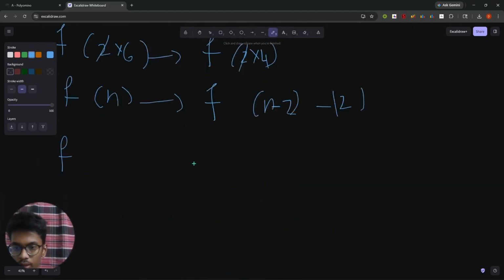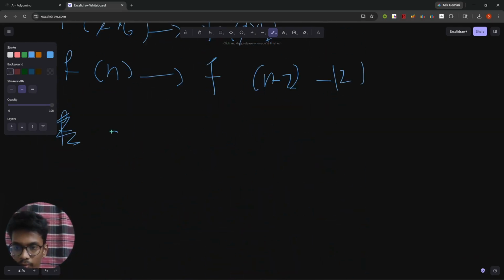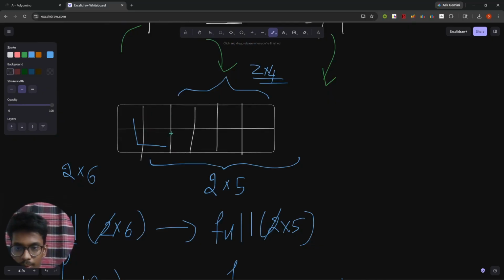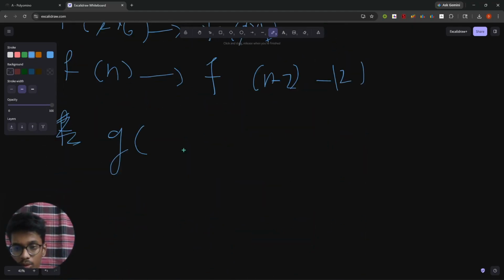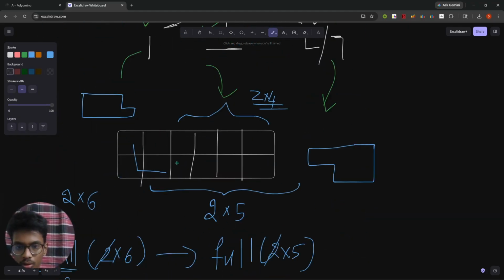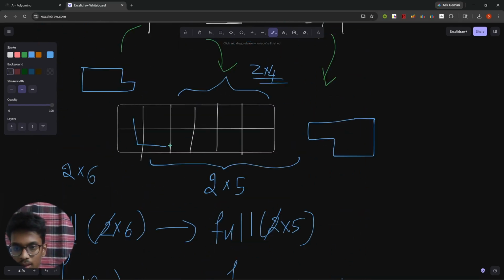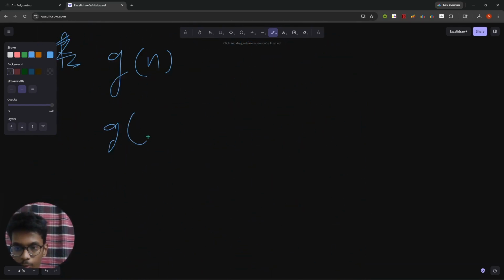Therefore, we are taking a new state variable, a new function g. G denotes this configuration basically. Everything is there, with one extra cell. These kind of shapes can be represented using a function g. So this is leading you to g of n. When you place an L shape on a 2 cross 6, it is leading you to